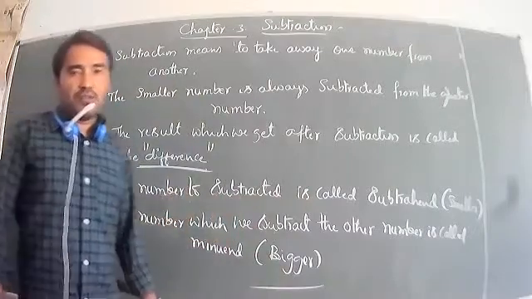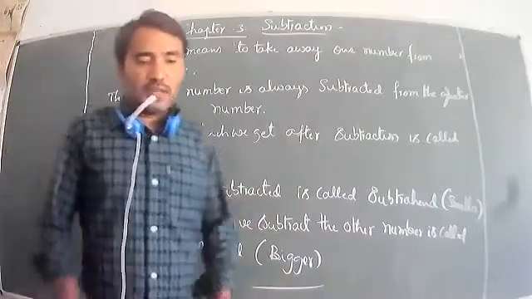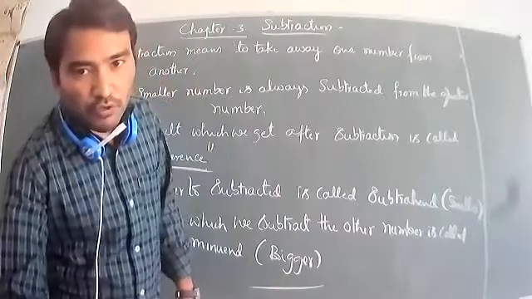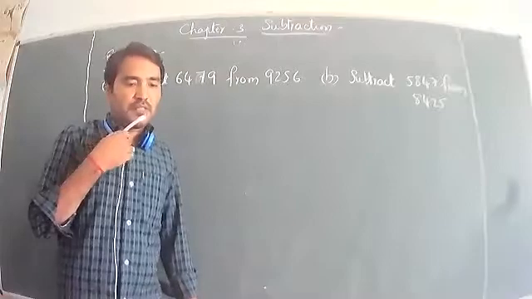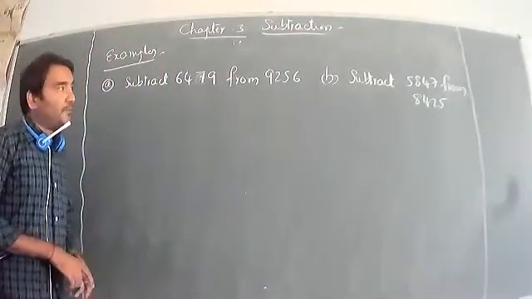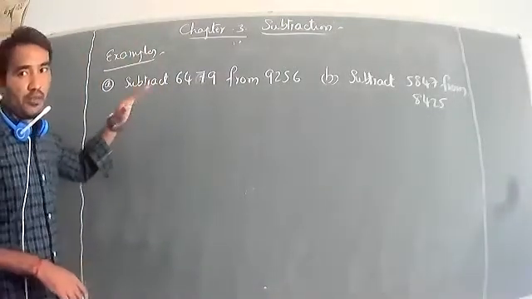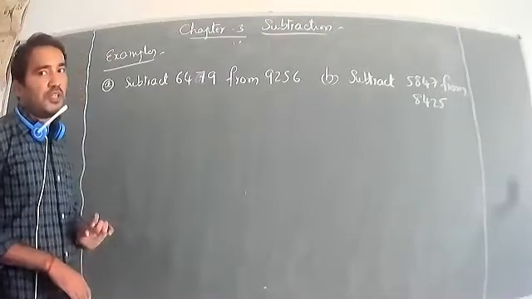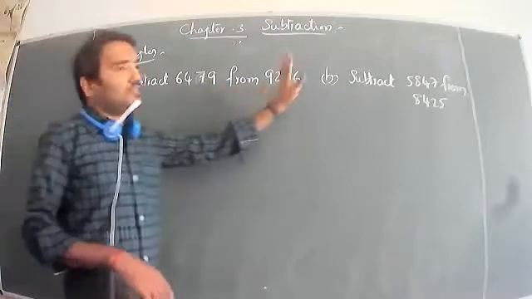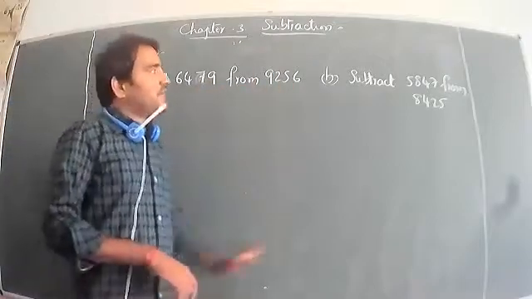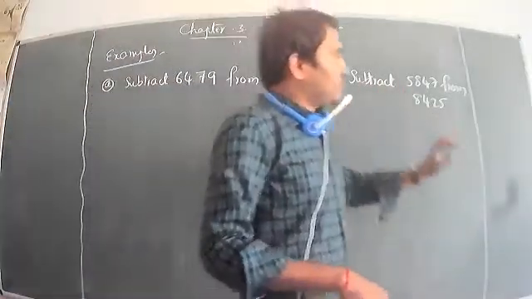Okay students, can we solve some problems? Now solve the problems. Examples are there. Look at the board. You already know the concept of subtraction. First we should write the order. Subtract 6479 from 9256. Second question, subtract 5847 from